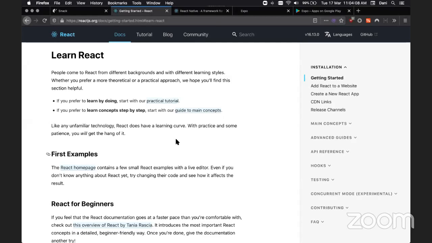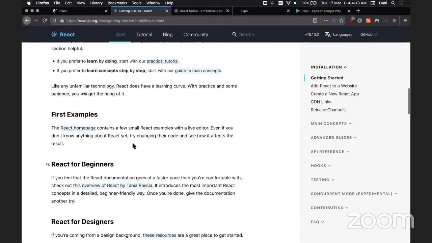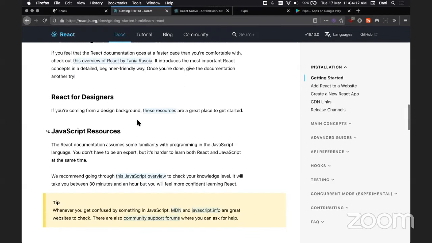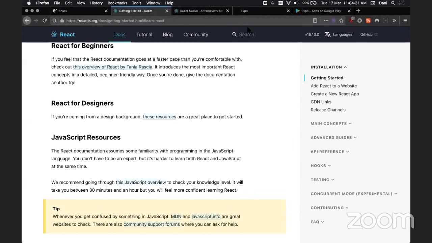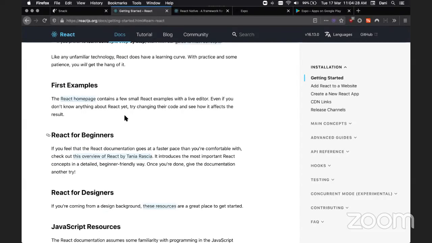So this is from React's official documentation. You can see they have quite a bit of roadmap for different levels of people who actually want to learn React. They have React for designers, they have JavaScript resources, and also some examples which they have built using the